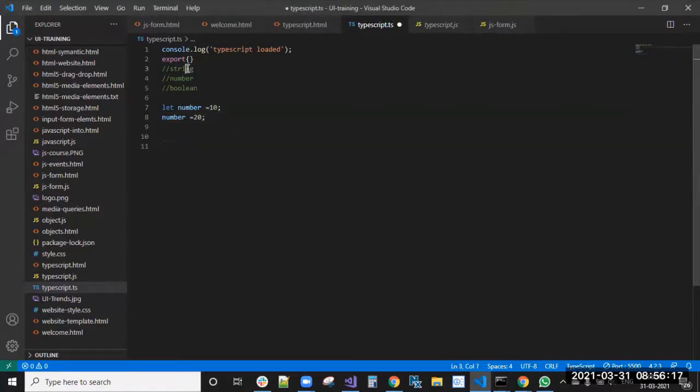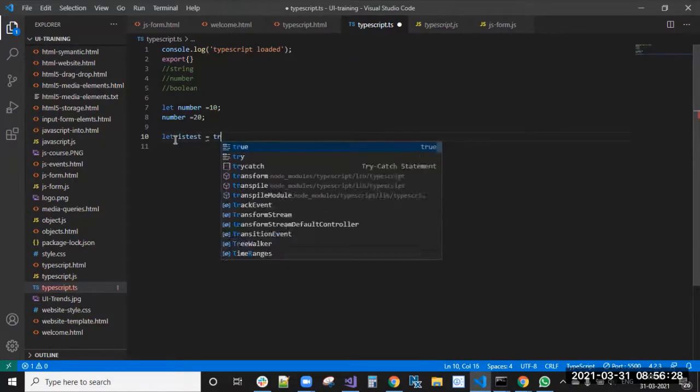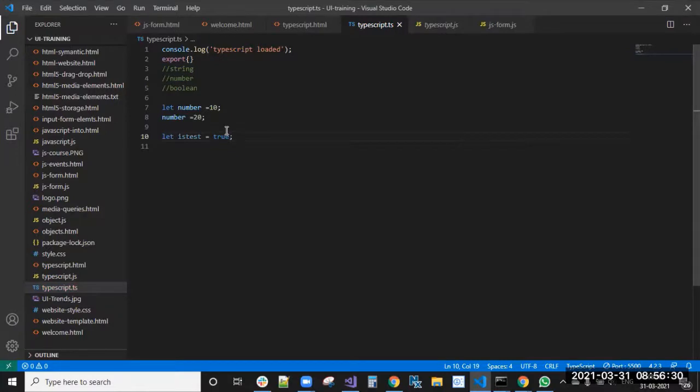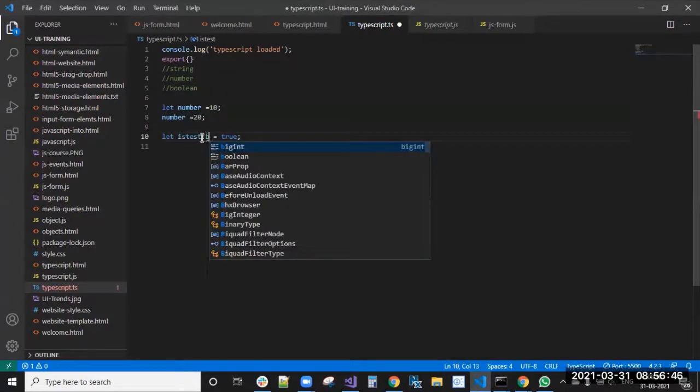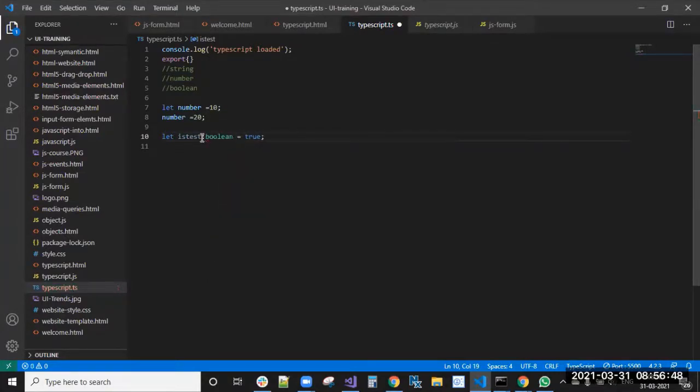So we have string, right? String we have seen, number we have seen, boolean. Boolean means let is hash equal to true. Okay. So if any value you are declaring is true or false, that value is a boolean value. So we already know that one. So test is assigned to boolean. You can see here, if I declare boolean, it is not a problem.